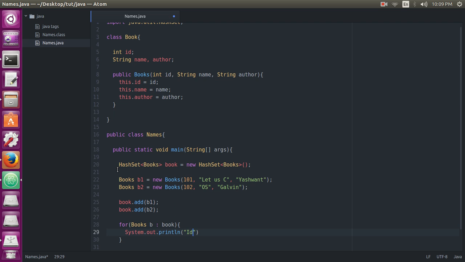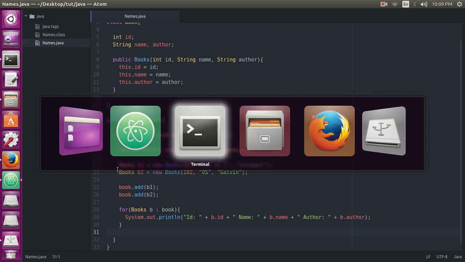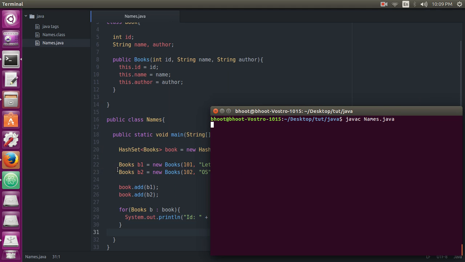Now we'll first print the id. id is b.id, and after that we will print name, b.name. After that a little space and author. So the example is simple, and let's compile it.